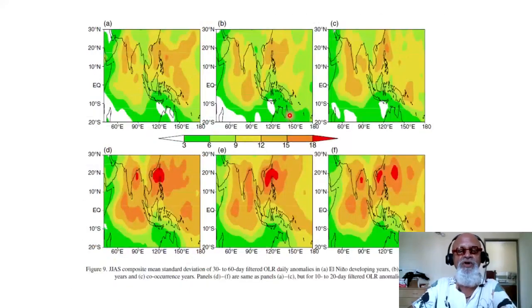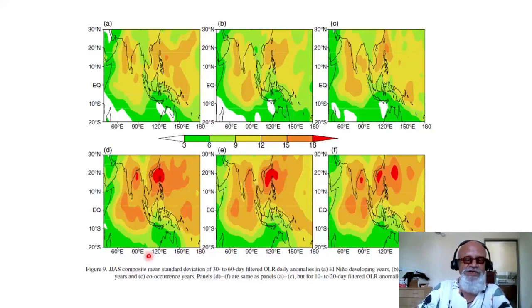So how do they all come together? Look at this to again question yourself, do they really look different? These are the JJAS composite mean standard deviation of 32 to 60-day filtered OLR daily anomalies in El Nino developing years, El Nino decay years, and co-occurrence years. Panels D and F are the same as panels A and C, but for 10 to 20-day filtered OLR anomalies. So they're looking at 30 to 60-day and 10 to 20-day, and concluding basically, if you look at these, the way I would say it is,